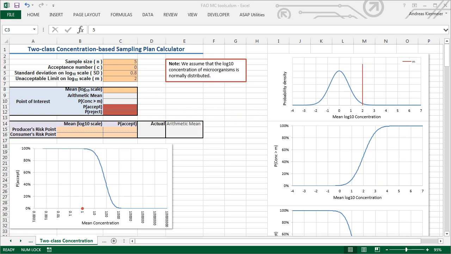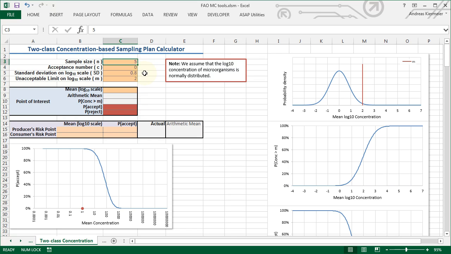In this video, we'll look at the process of determining a sample size for a two-class concentration-based sampling plan using the calculator in the two-class concentration tab. As usual, cells that accept input are shaded in orange, and we have several areas in this calculator as follows. At the top is an area for specifying the sampling plan, including the sample size, the acceptance number, the standard